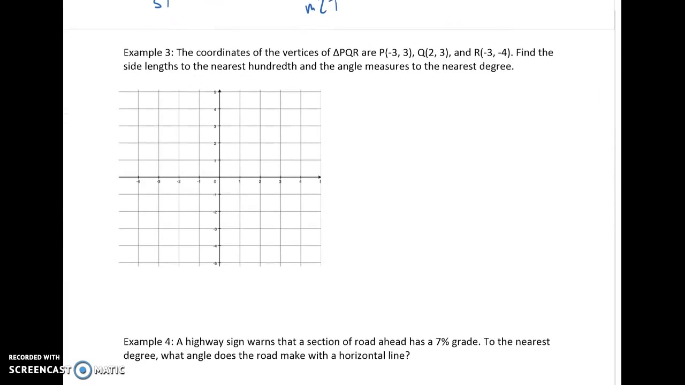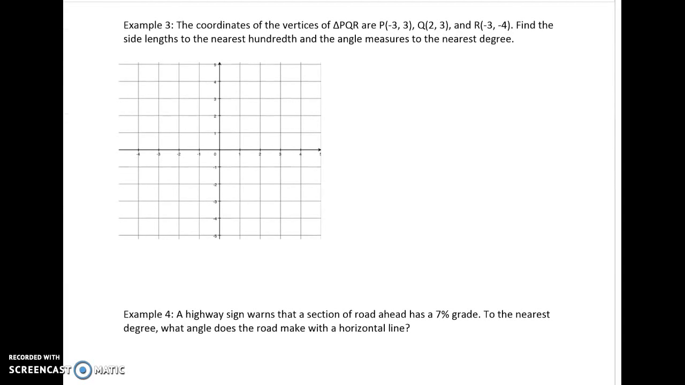Example 3. So let's look at this triangle here. PQR, we want